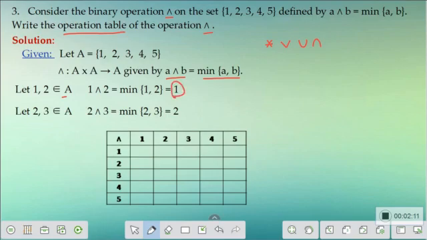Then let me take two other elements, 2 and 3. Now if 2 and 3 are elements of A, then 2 inverted V 3 will be equal to the minimum of 2, 3, and we know the minimum of 2, 3 is 2. When you choose 2 and 3, obviously 2 is the minimum value.